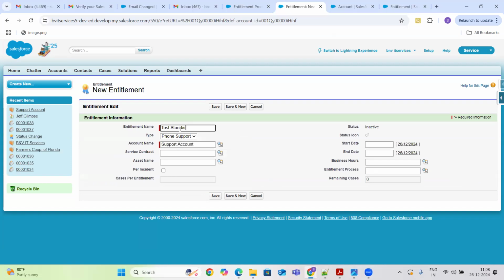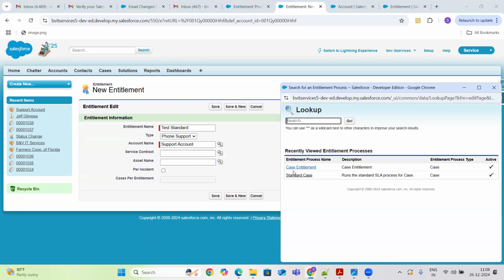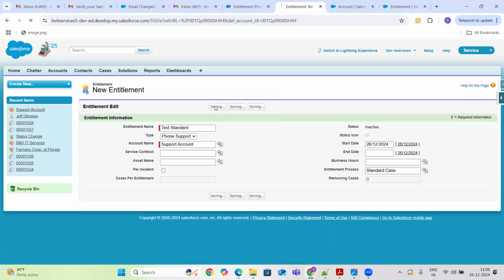Test standard entitlement. Okay, start date is today. Okay, entitlement start date I have given it as today. And the entitlement process which I am selecting is standard case entitlement. I'm clicking on save.